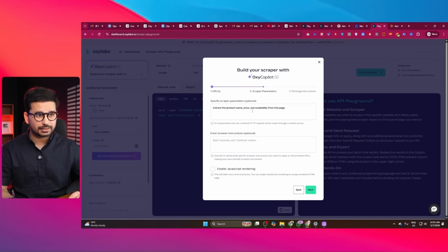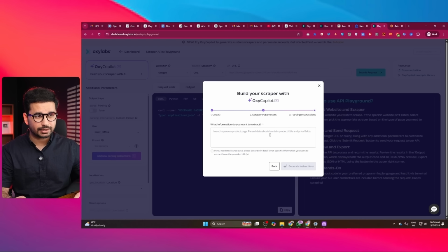So I can specify the scraper parameters. I can mention that extract the product name, price, and availability from this page, and also I can mention any particular browser instructions as well. I can also enable the JavaScript rendering, and here I can just specify my scraper parameters, something like scrape provided URL from United States location using a mobile user agent, and also I can enter the browser instructions as well, something like wait 5 seconds and click continue button. So I can just enter all of these instructions in here, then I can just click on next,